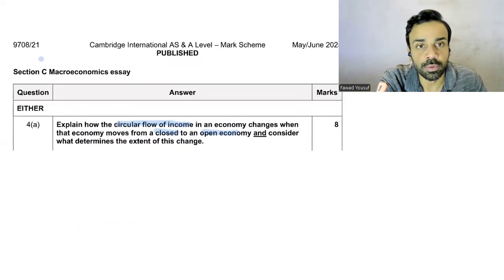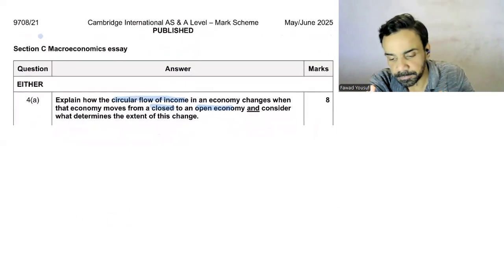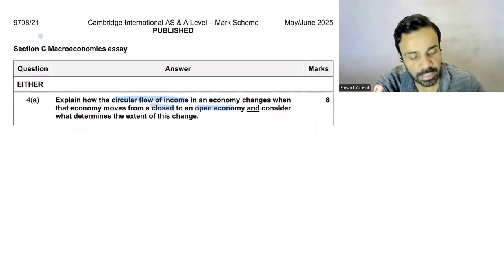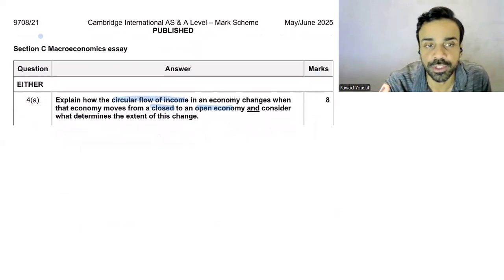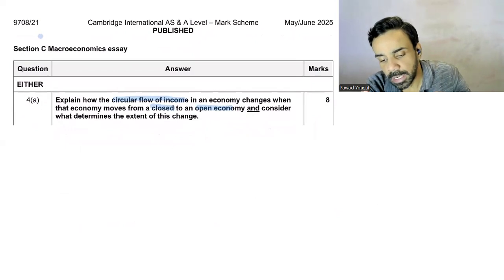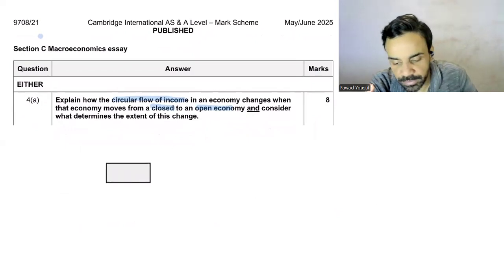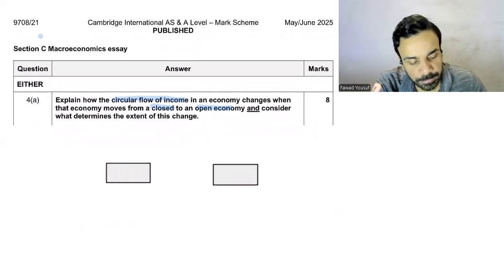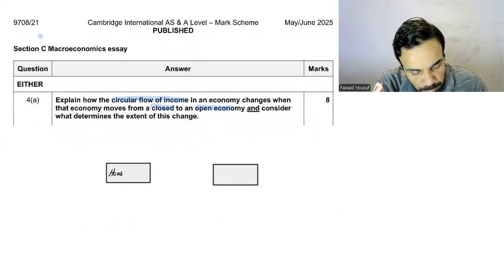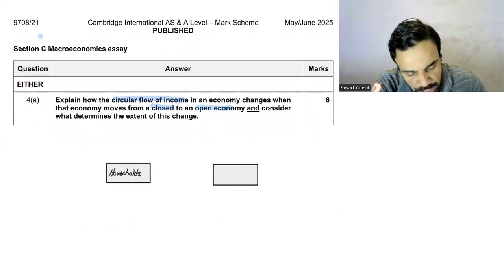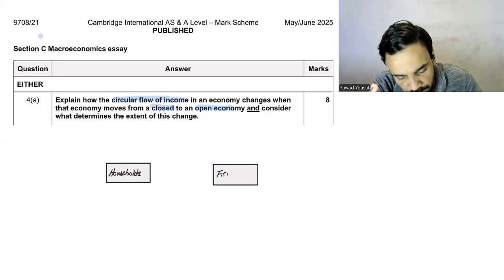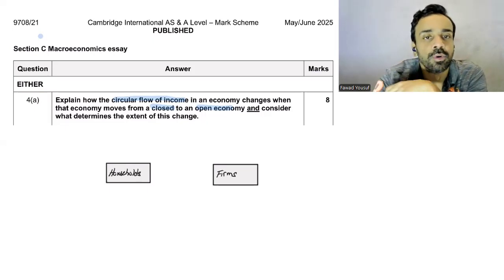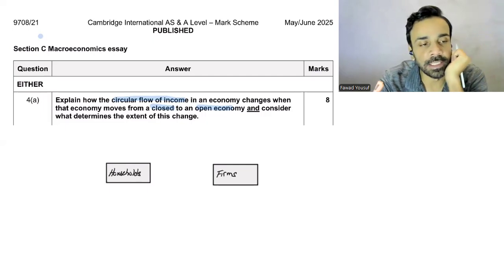If we talk about circular flow of income, obviously we have to start with the most basic, which is a two-sector economy. And in a two-sector economy, we basically have two sectors, which is households and firms. Because they're saying how the circular flow of income in an economy is, so I think in this one, what